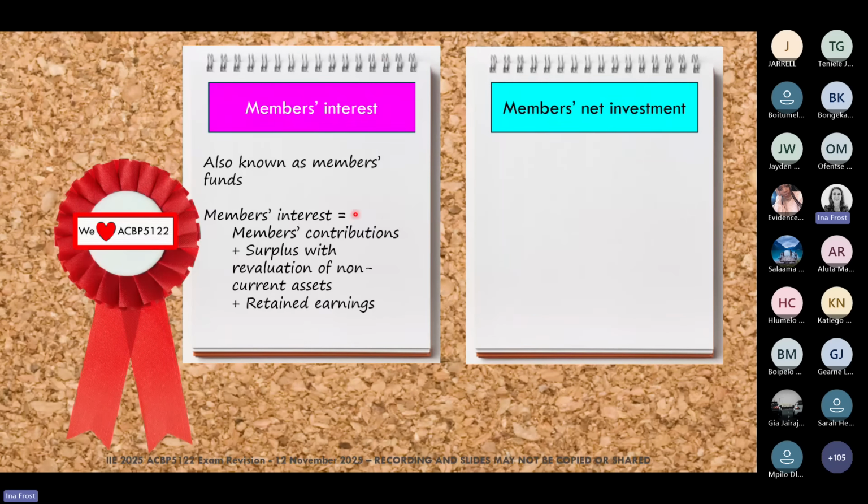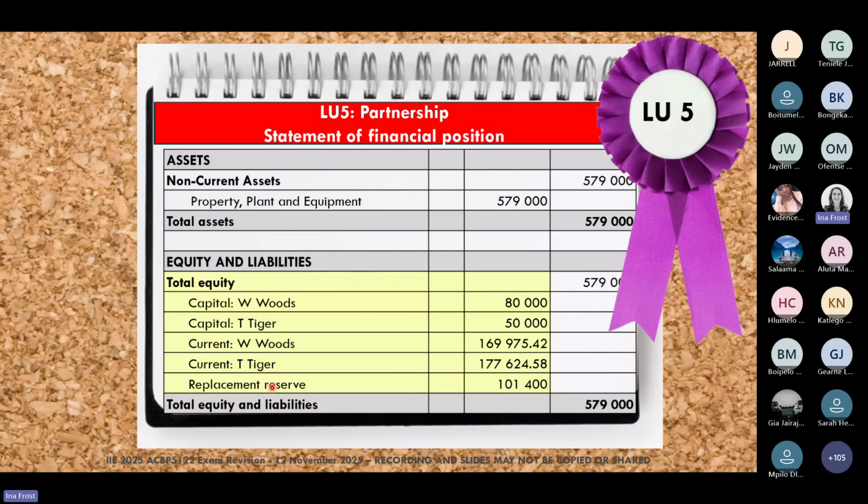Okay, then in terms of the statement of financial position, for each of our ownership forms there are a little bit of changes that we make to the statement of financial position, and it mostly goes around the owner's equity. Because in the sole trader, we only have the one owner. But of course, in the partnership, we have multiple owners or multiple partners. And we have also now got these current accounts.